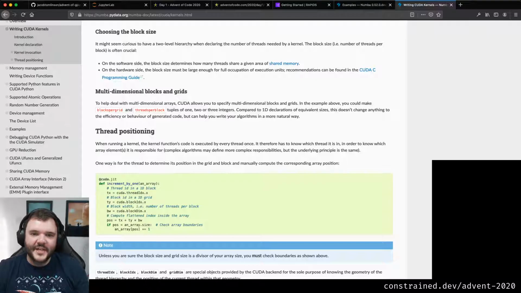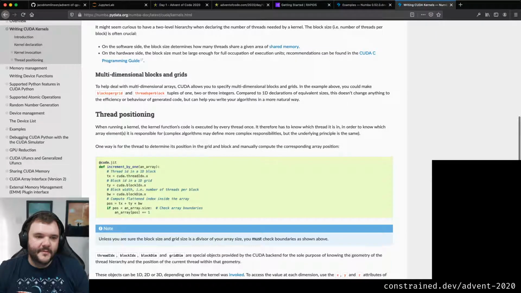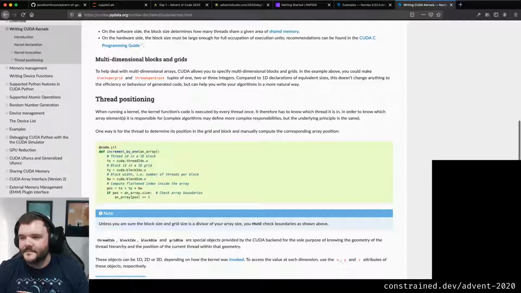It doesn't actually change anything compared to 1D declarations of equivalent sizes: it doesn't change the efficiency or behavior of the generated code, but it can help you write your algorithms in a more natural way. So if you're trying to iterate over some 3-dimensional data, it might make sense to call the function in a 3-dimensional layout.